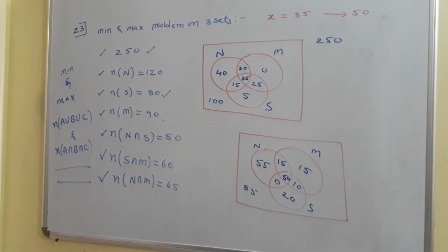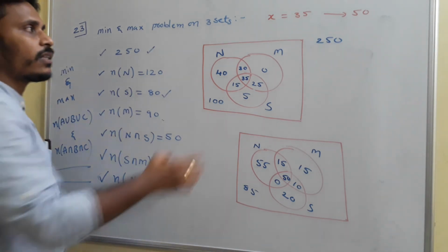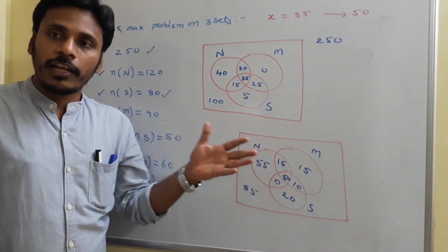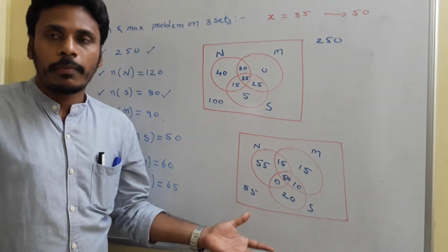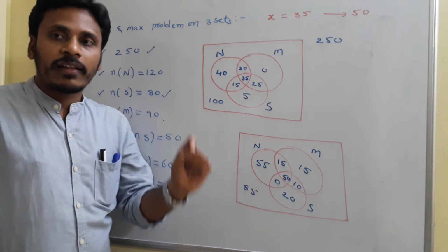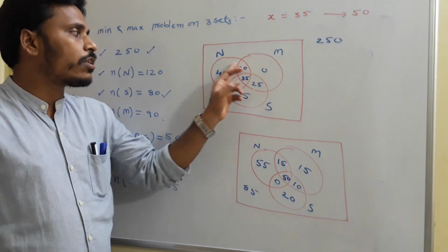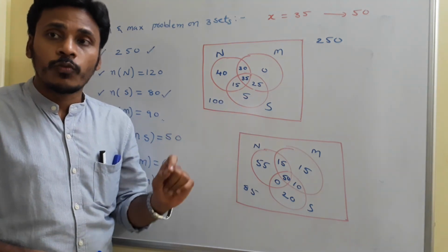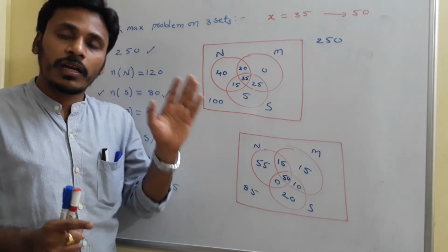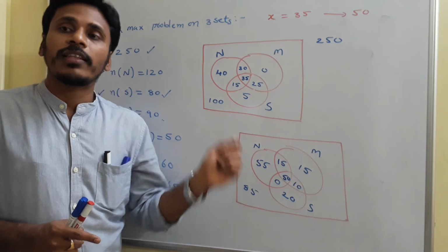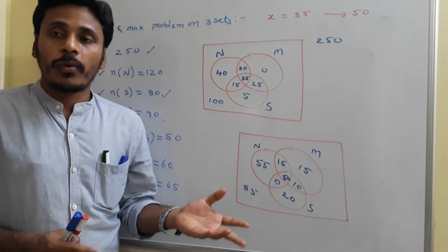From the previous discussion related to x, the two possible values for x are 35 and 50. So the possible values of x are from 35 to 50. 35 is the minimum possible value and 50 is the maximum possible value. If you take the value of x either less than 35 or greater than 50, you may get some negative values in these regions, right? So we can't allow those negative numbers, and that's why you need to restrict the values of x from 35 to 50. So my assumption is the minimum possible value is 35 and the maximum possible value is 50. So I need to check whether they are correct or wrong.